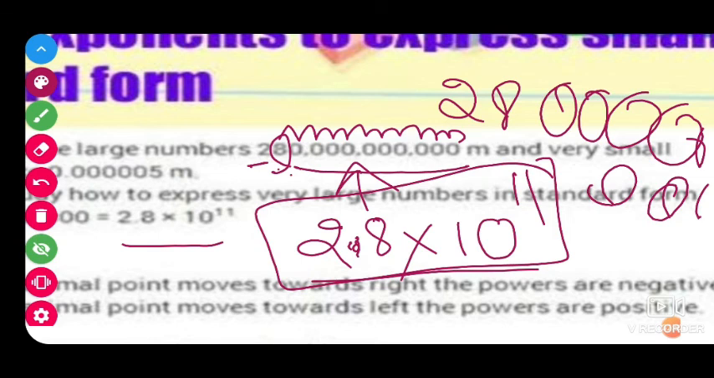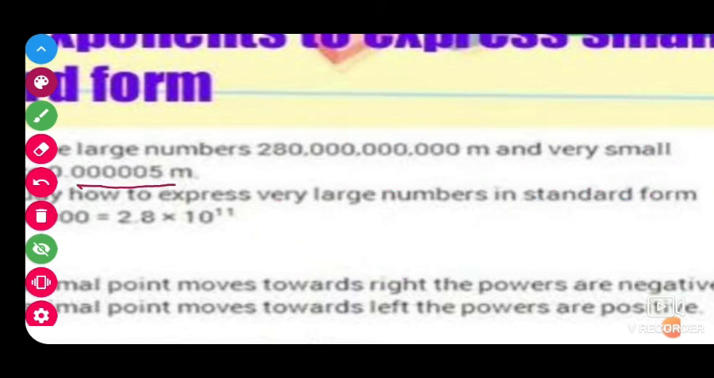If it is a small number like 0.000005, here also there is a way. In the same way, there we expressed it with a positive exponent. But whenever you are moving the point towards this side, then you have to express it with a negative exponent, like 5 into